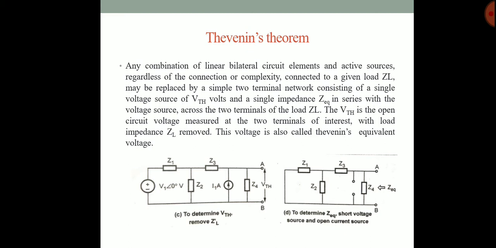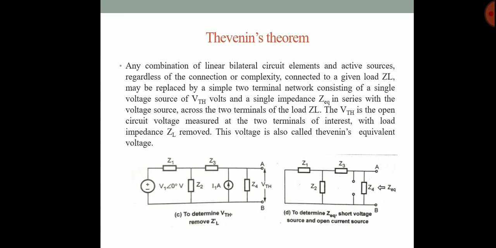The Thevenin voltage is the voltage obtained across the terminals A to B when the load impedance is removed. Hence it is the open circuit voltage, as shown in the figure, while the equivalent impedance is viewed through the terminals A to B with the load impedance removed, the voltage source replaced by a short circuit and the current source by an open circuit. To find the Thevenin voltage, any of the network simplification techniques may be used when the circuit is replaced by the Thevenin equivalent across the load terminal.